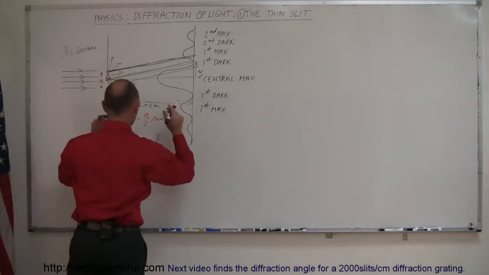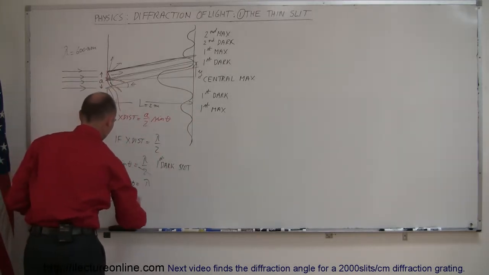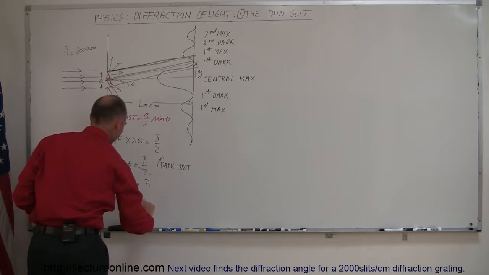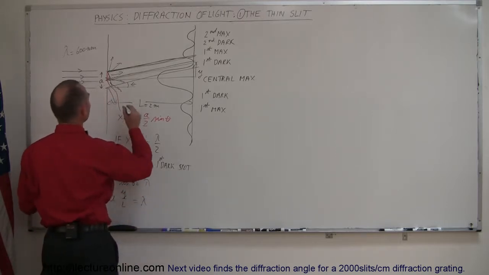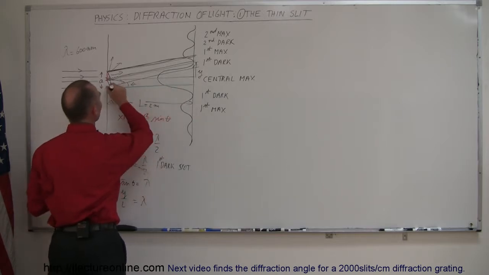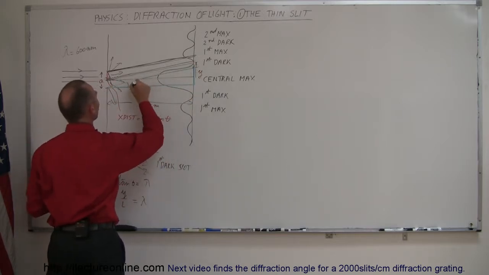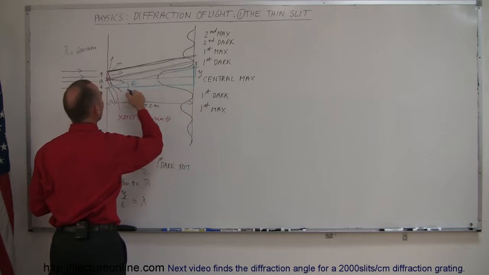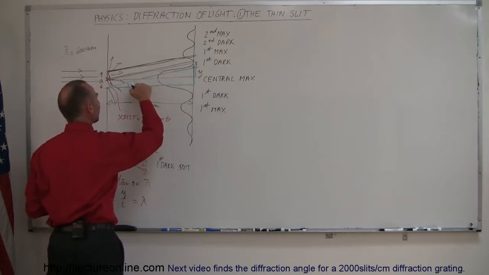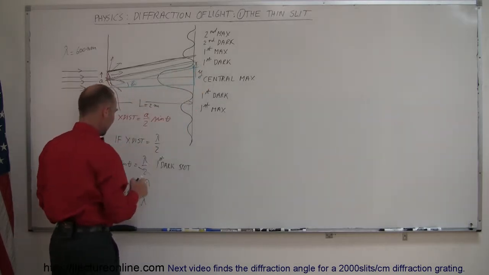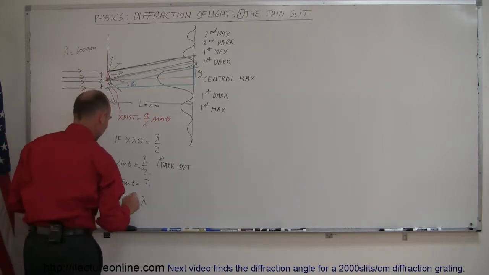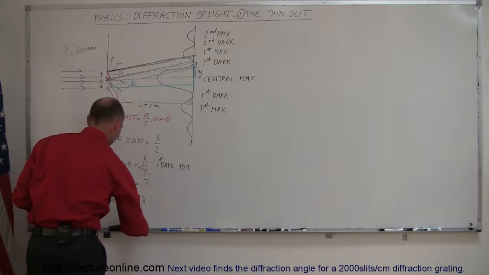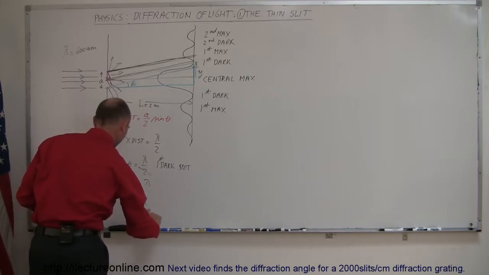That would be y over L, so a times y over L equals lambda. Again, I'm looking at this triangle right here. Let me use the blue color, see if the blue works. There it is. I'm looking at this triangle right there. Here's the angle theta, here's the opposite side y, here's the adjacent side L, so the tangent of theta is y over L. And that's where that analogy comes from. And then if we solve that for y, we can say that y is equal to lambda times L over